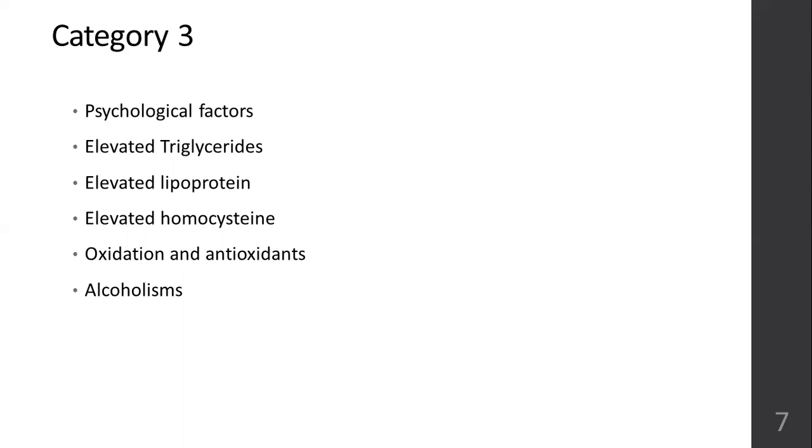Beta carotene. Patients who have low levels of beta carotene have a high chance of developing myocardial infarction, a heart attack, especially in smokers. People who are chronic smokers, their beta carotene levels are low. And because of low beta carotene levels, the risk of heart diseases is more.